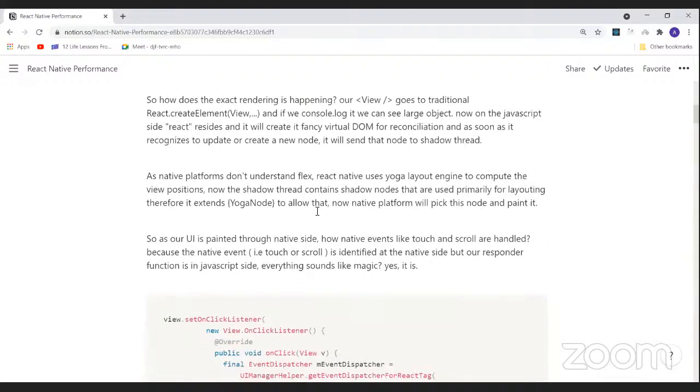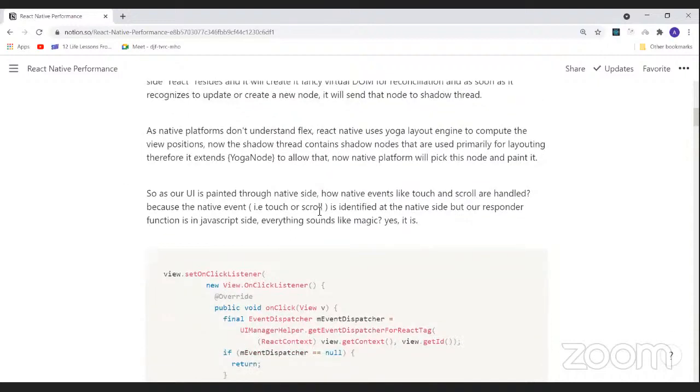But here comes the tricky part. Our native platform doesn't understand Flex at all, so React Native uses the Yoga layout engine. In very simple terms, it mathematically calculates the view positions and creates a node out of it.